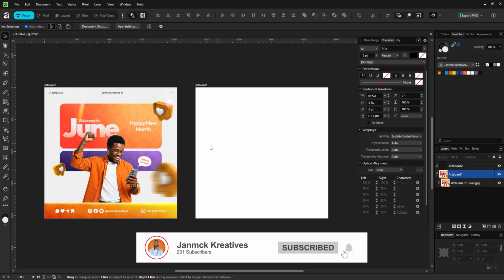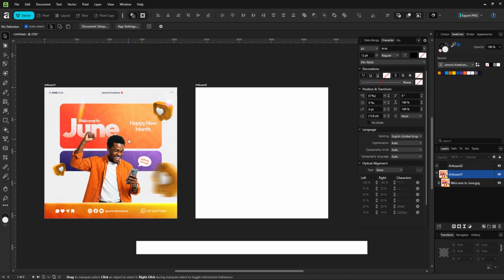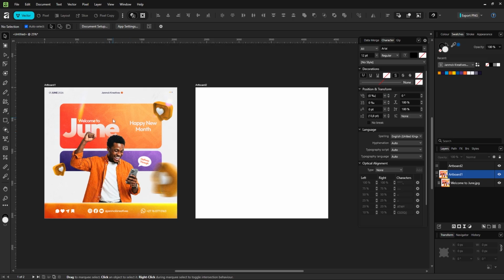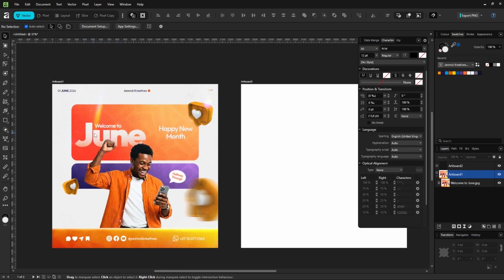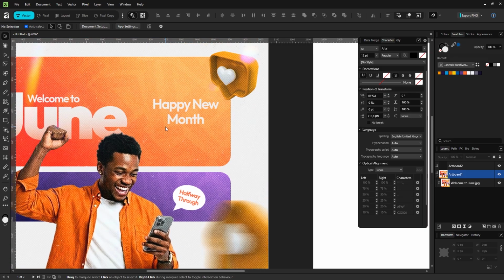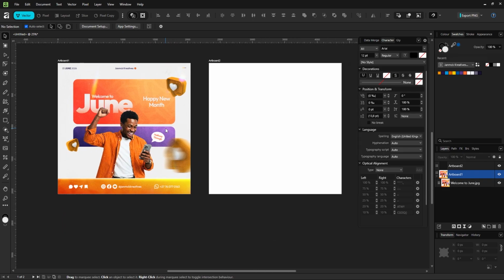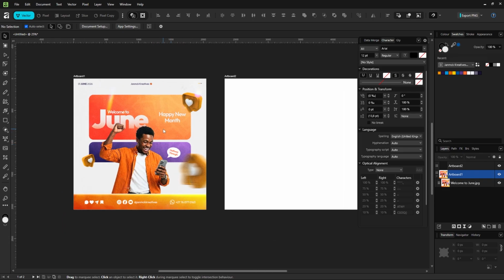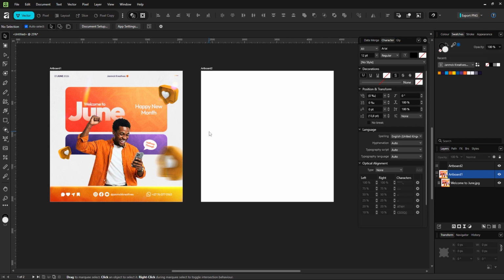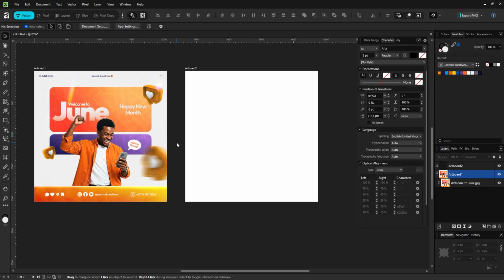Today I'm going to show you how I created this welcome to June flyer. It's something that is a little bit simple. It's not that hard. I'm just going to show you my process, how I created it. So first thing, I'm using